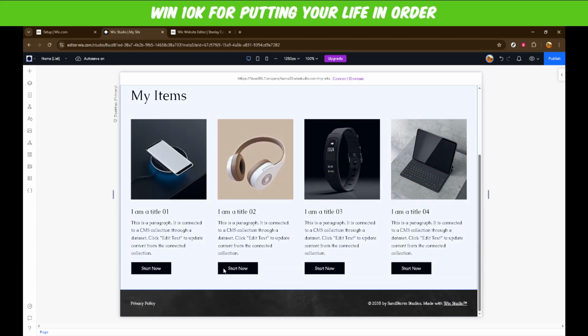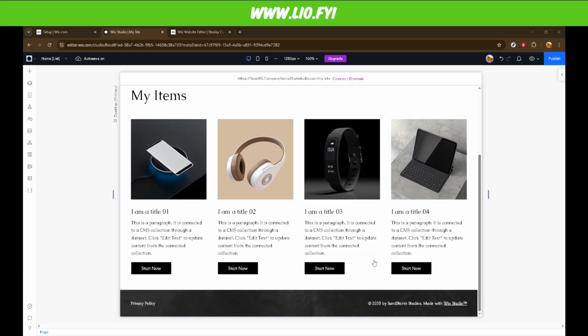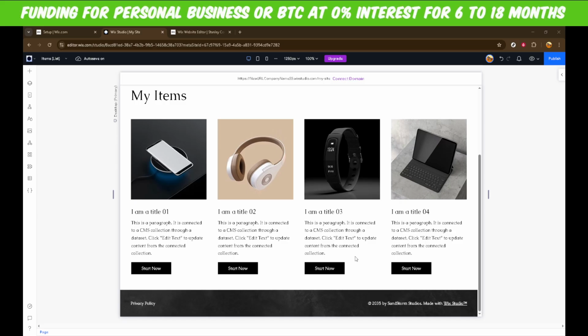By following these steps, you will have made significant progress in mastering Wix Studio CMS. With practice, you'll find managing your website's content becomes more intuitive and rewarding, enabling you to focus more on creativity and less on